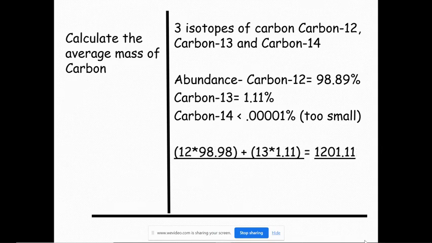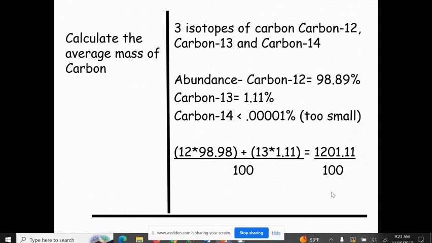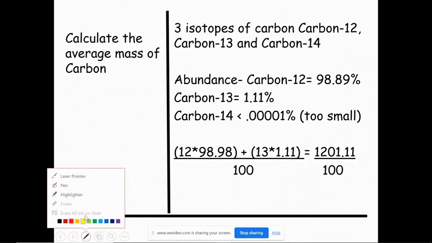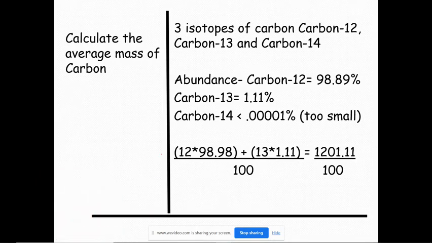So we talked about the fact that carbon 12 really has a mass of 12 AMUs, or 12 atomic mass units, because of the six protons and the six neutrons. But that makes up 98.89% of all the carbon. So when we do an average, we do what's called a weighted average. So we're going to take that 12 times the 98